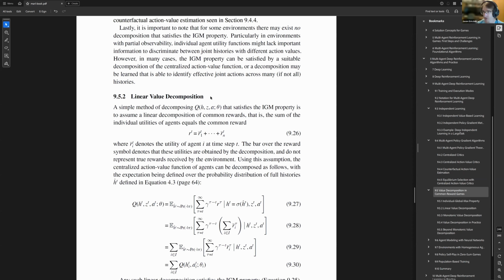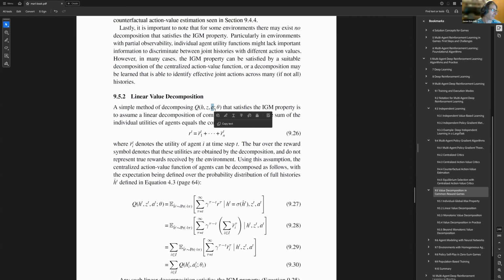The utility functions in this case are functions that we are simply going to take the sum of in order to get the reward. If we take whatever the joint action is, we evaluate each utility function at its respective action for that agent and take the sum, that value should equal the true joint action value at